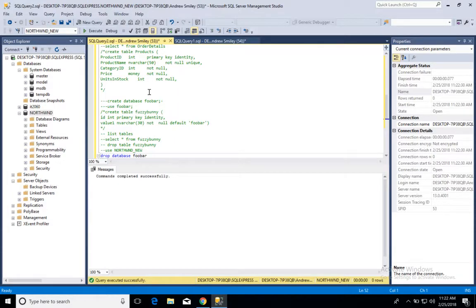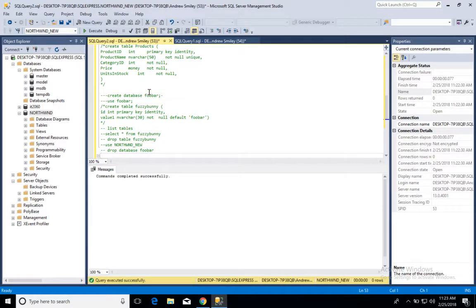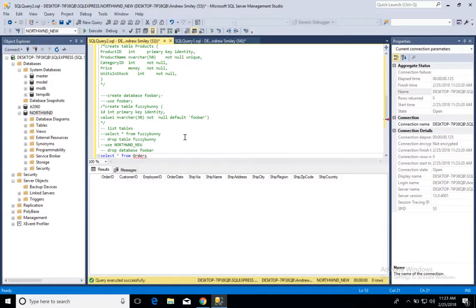We should be able to add foreign key constraints, but we may need to recreate our table and add them. So to add a new column, if we say select star from orders,